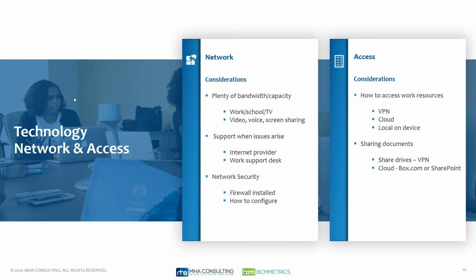But as we think about the technology and access from a technology perspective, one is ensuring that communication goes out, that there is plenty of capacity and bandwidth. One of the things that I have noticed in my personal experience is that everything was fine until everybody started working at home. My spouse is doing more